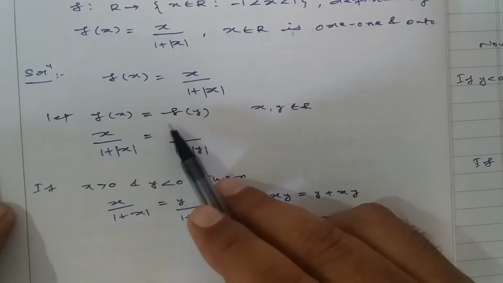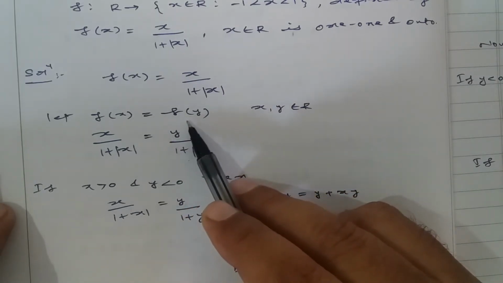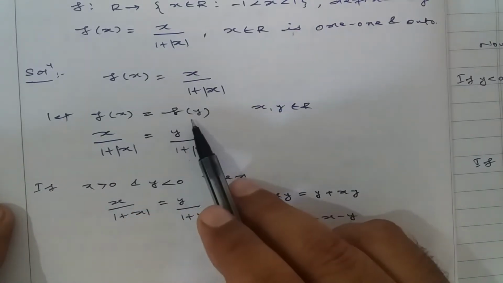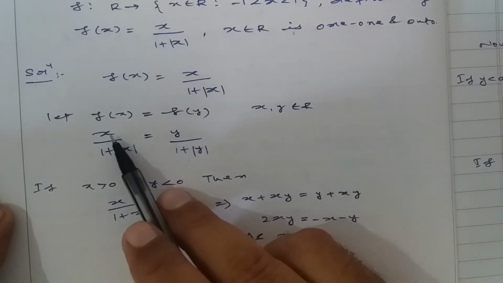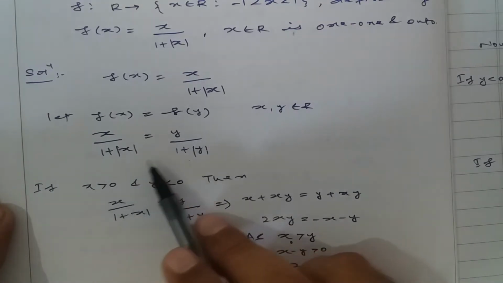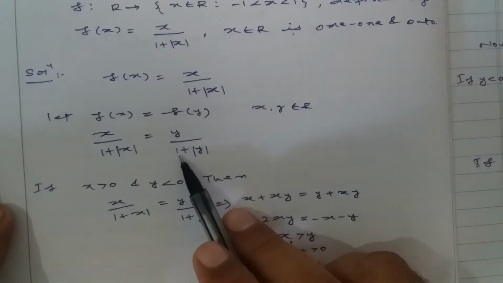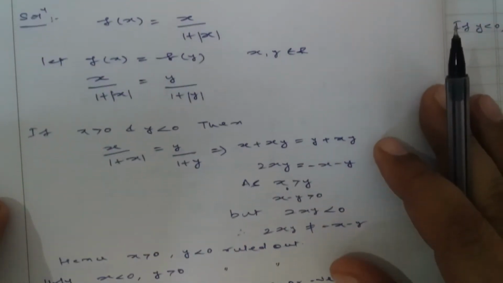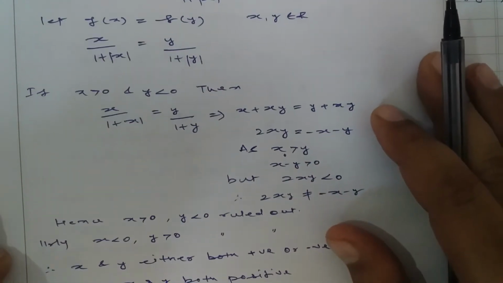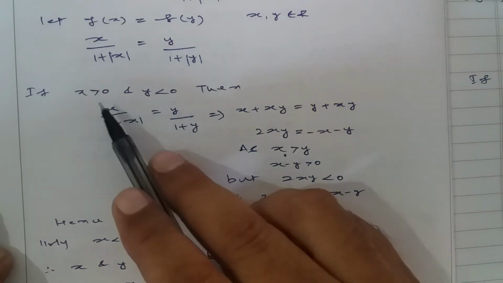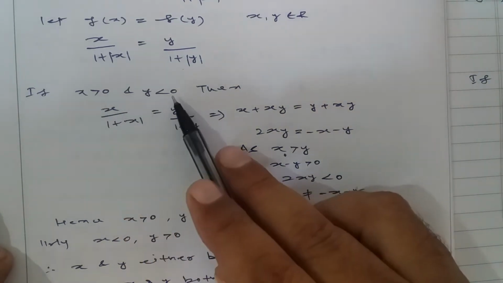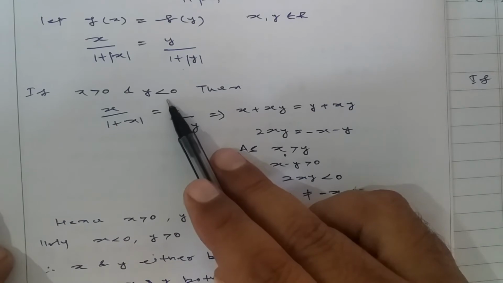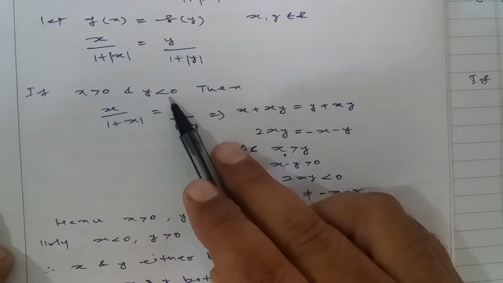Now f(x) is equal to f(y). For one-one we have to take and let f(x) is equal to f(y). f(x) means x upon 1 plus mod x, and f(y) means y upon 1 plus mod y. Now there are 4 cases that arise. First is if x is greater than 0, meaning x is positive and y is negative. If x is positive and y is negative,